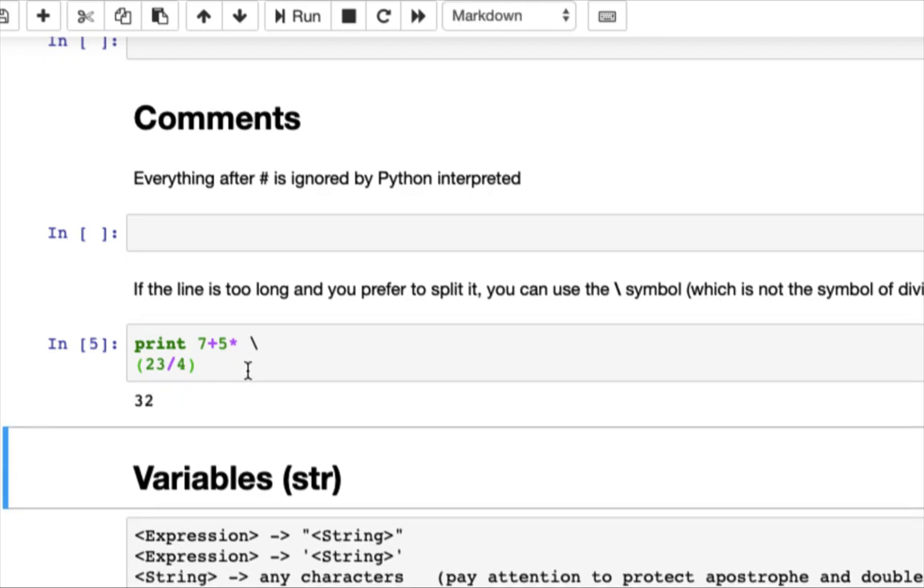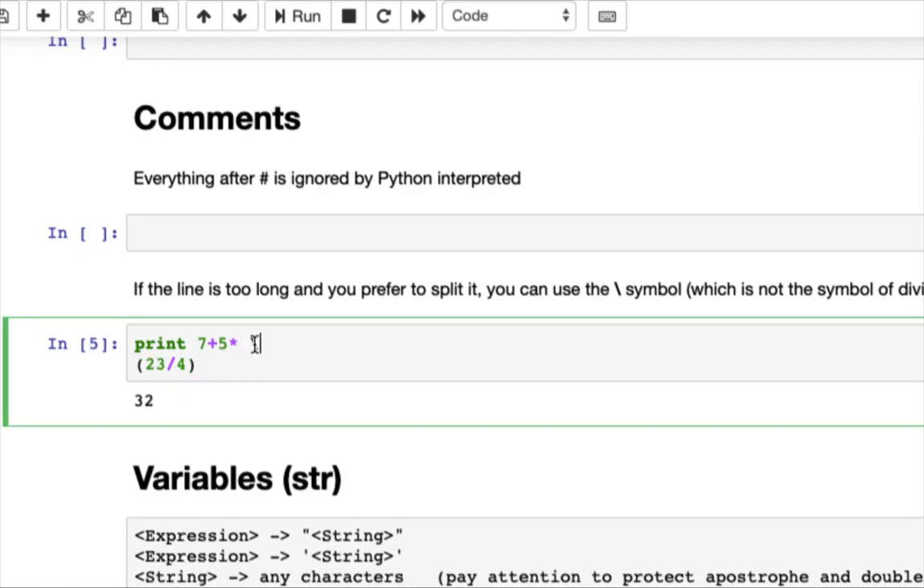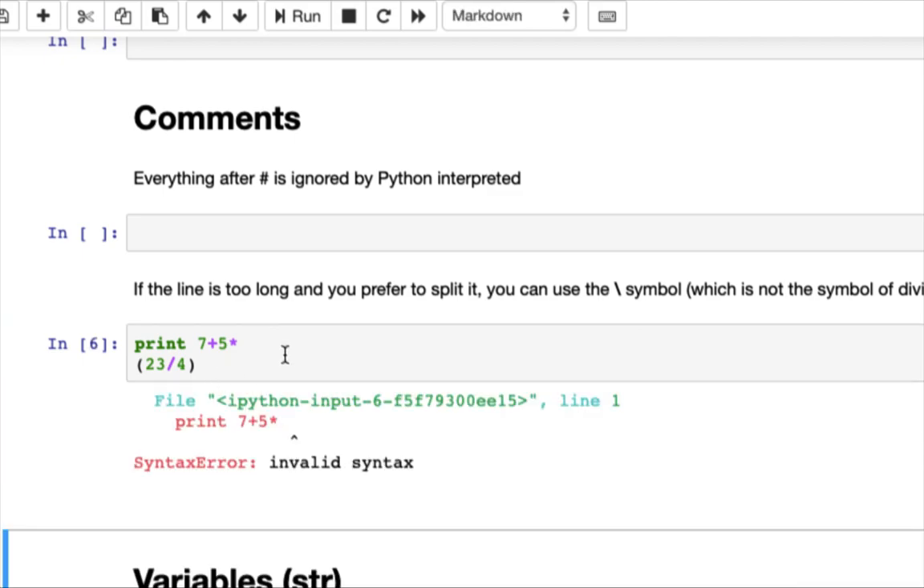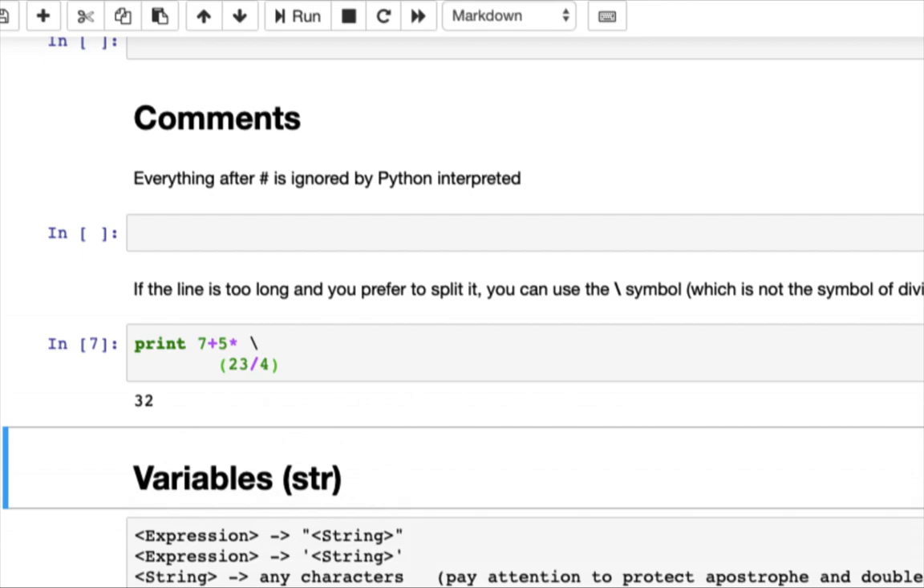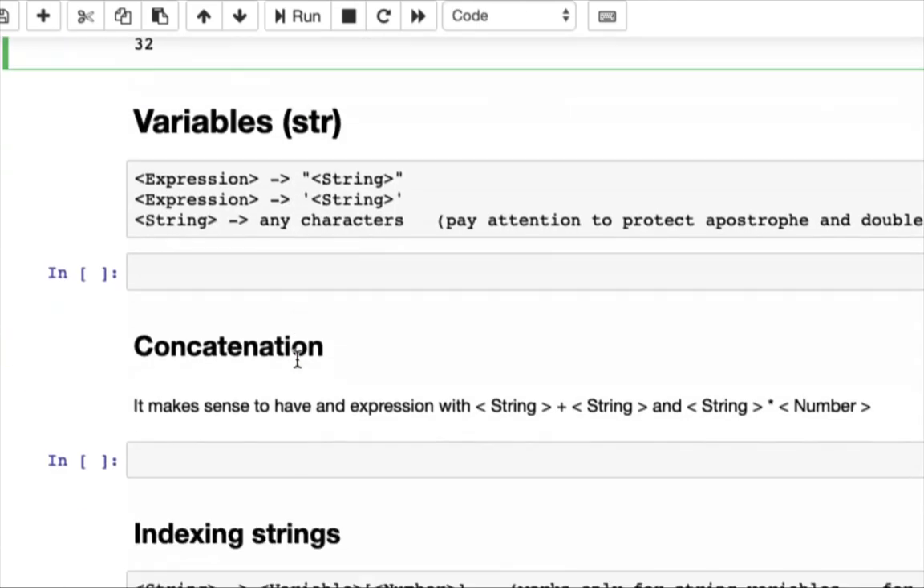You see, the result is exactly the same. So this means go to the new line. Otherwise, you're not allowed to go to a new line. If you do it like this, invalid syntax. So this symbol means continue on to a new line. You can also, to improve readability, make it like this. Okay, finally,